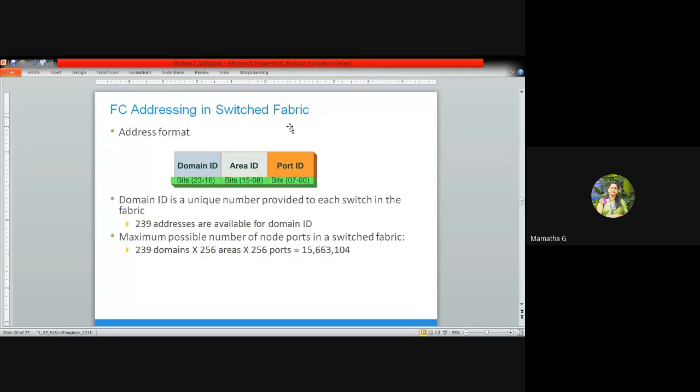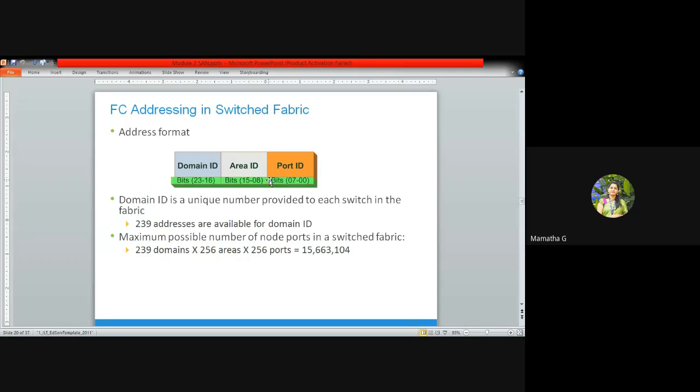See in FC addressing, one thing is we don't have any permanent addressing. Dynamically, the addressing can change according to the application. We'll just see the general addressing modes, how it is and how the division takes place.